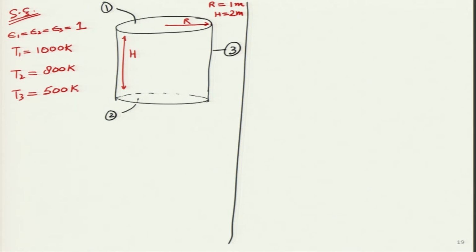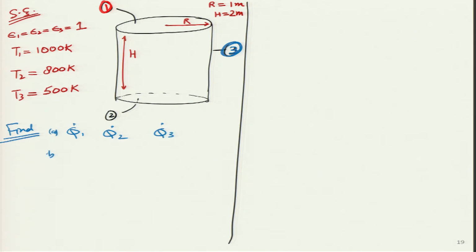Okay. So, maybe I will use my notation. You remember in convection we were using the red color, blue color. The highest temperature I will use as the red color, surface 1, and the lowest temperature I will take as blue because relatively speaking this is the coldest part of this whole problem. And what I need to find? I need to find all the q dots, which means I need to find q dot 1, q dot 2, q dot 3. Okay.